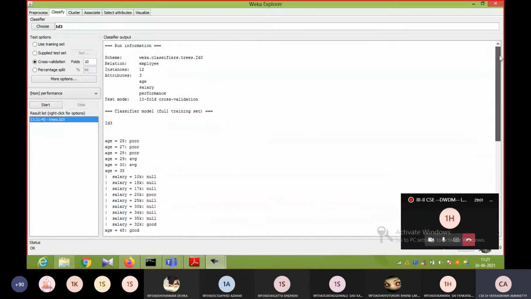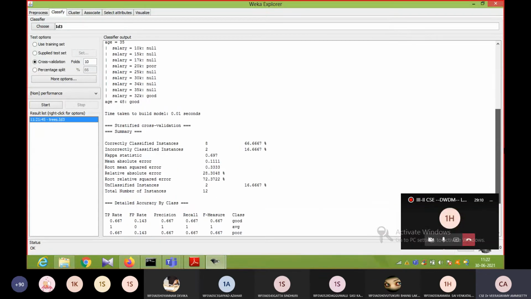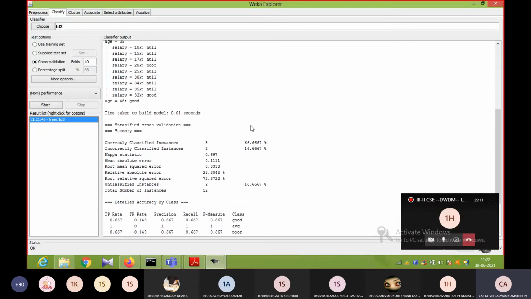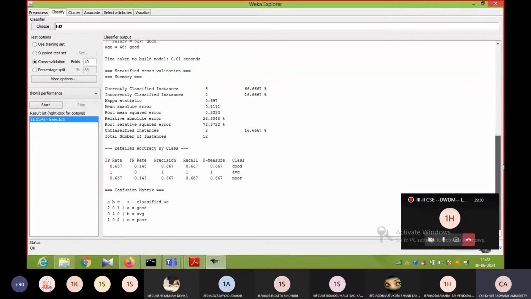After running, we can get some outputs. The time taken to build the model is 0.01 seconds. The correctly classified instances are 8 records. That is 66% accuracy. The inaccuracy is 16%. So this is the information we are getting after classifying through the ID3 algorithm for the employee dataset.